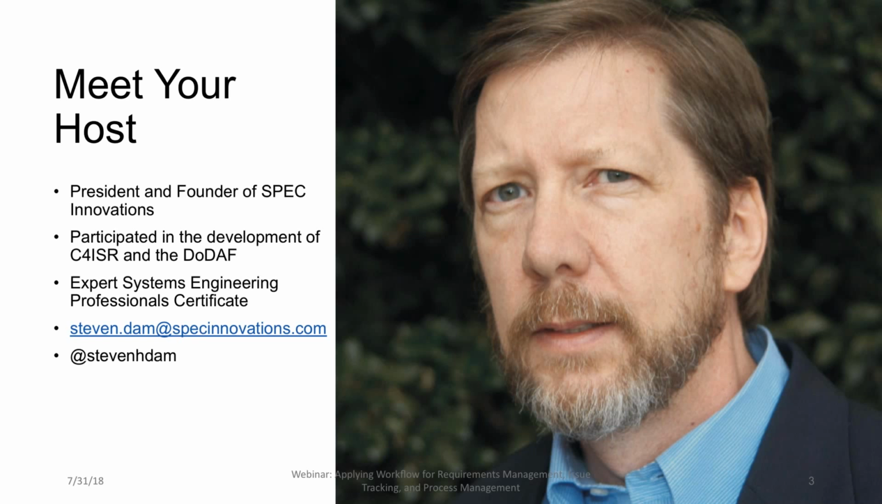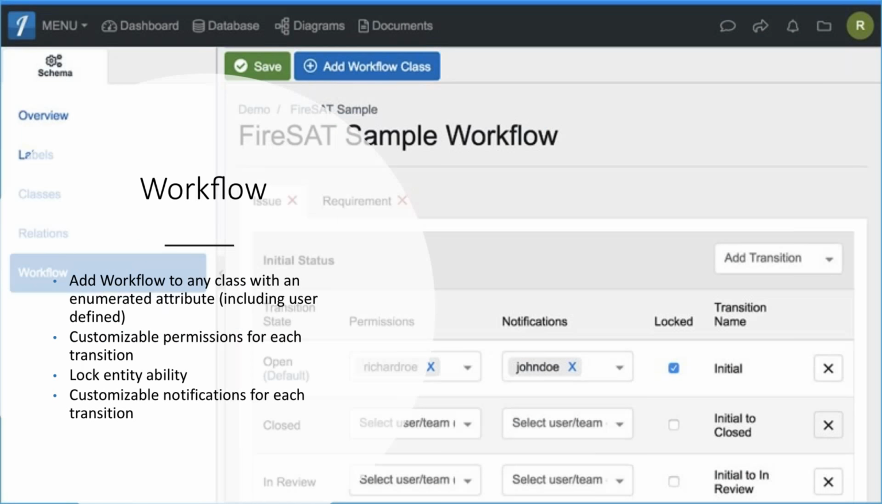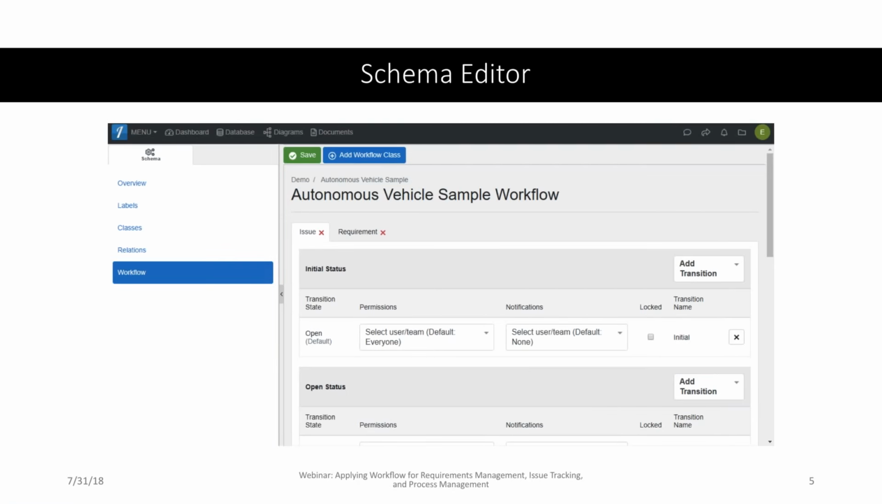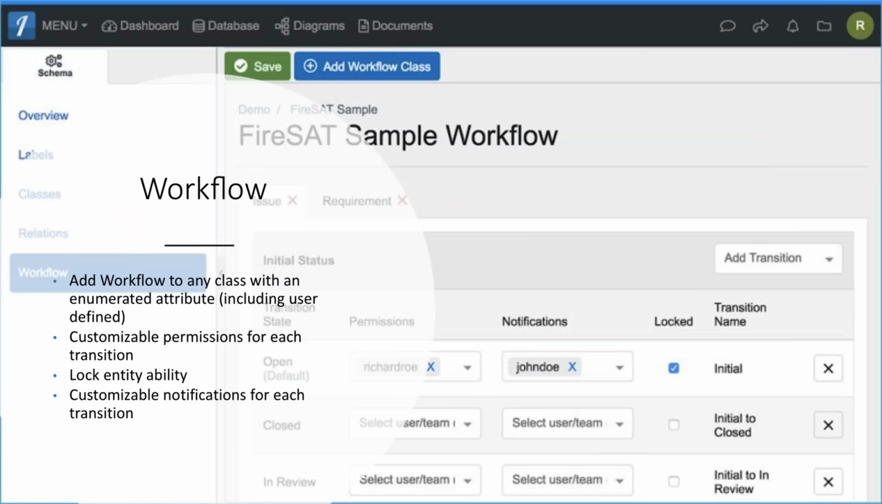Thanks, Elizabeth. Appreciate the intro. So let's just jump right into it. Many of you have seen some of the earlier 4.0 features and listings. So we're going to take a little more time getting into one of the key features that's new in 4.0, which is workflow. Workflow was added so that we could track different classes of information with different status attributes. And basically you can associate it with any